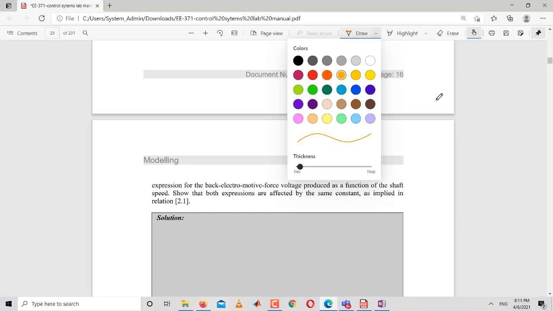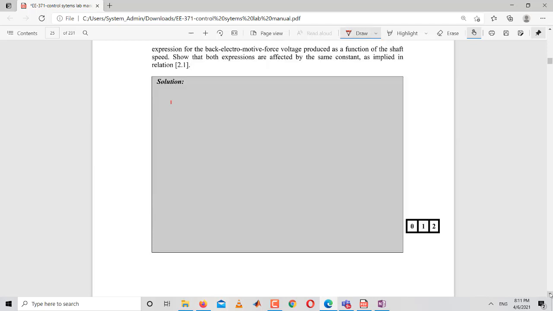What about a current carrying conductor moving in a magnetic field? The force experienced is F equals I, the current, L, the length of the conductor, and B, the strength of the magnetic field. F equals B into I into L. What about the torque that is generated by this force? Do you remember the basic formula of torque? It is equal to R cross F, the distance and the force.